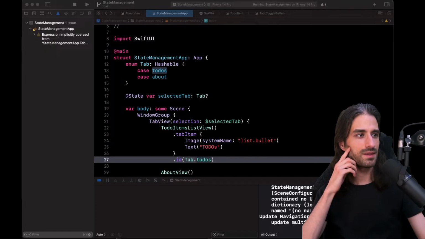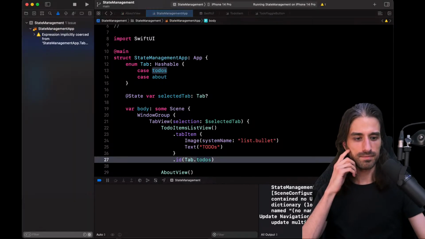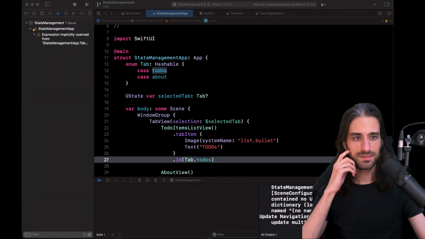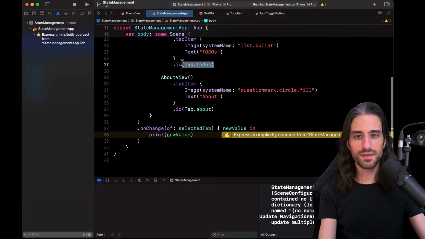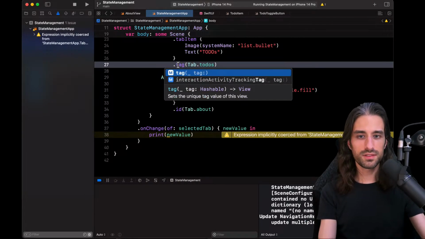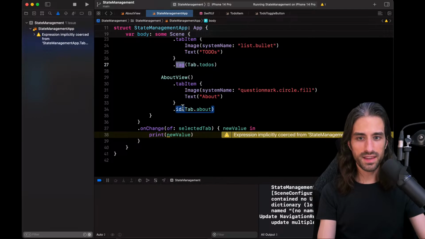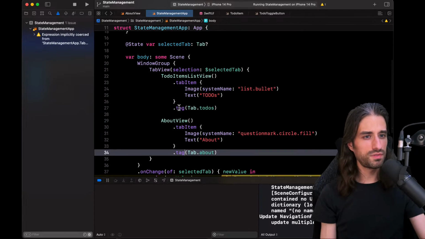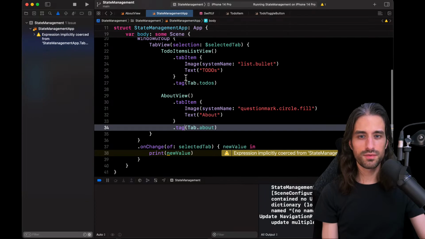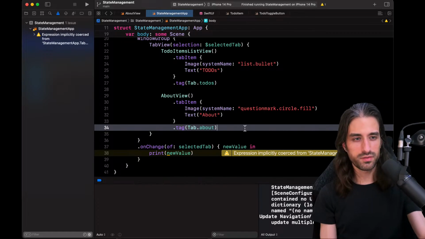So okay, so tab item. That seems to be okay. Oh, it's tag and not ID. Okay. So let me change. Instead of ID, there is another modifier called tag. It's a good thing that I got it wrong, because if I got confused by it, there is a good chance that you would have also gotten confused by it. I'm trying to find excuses for myself.